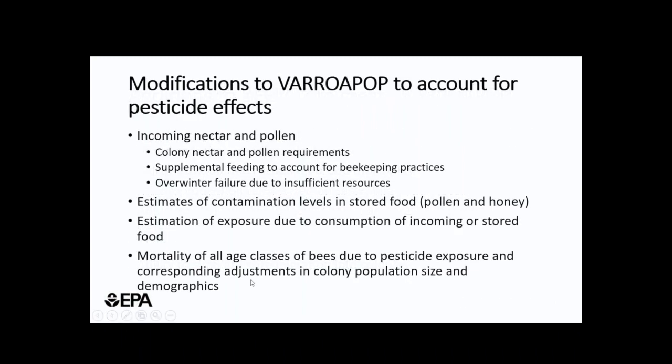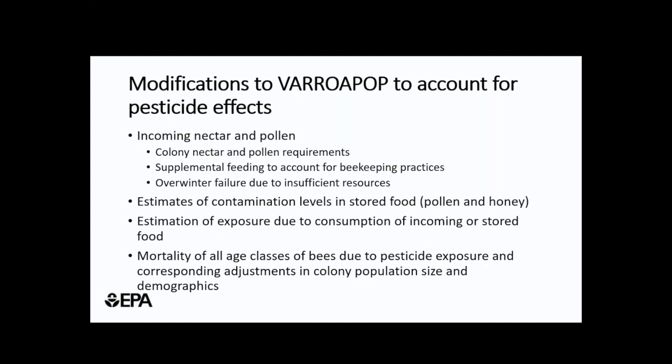So getting to the current effort. The BPOP model and the Varroa pop model are both existing models that have been published before. And the current effort that I'm talking about is essentially adding another module into the Varroa pop model that accounts for pesticide effects. This is a collaboration between USDA and then EPA, and the EPA team includes members of both the Office of Pesticide Programs and our Office